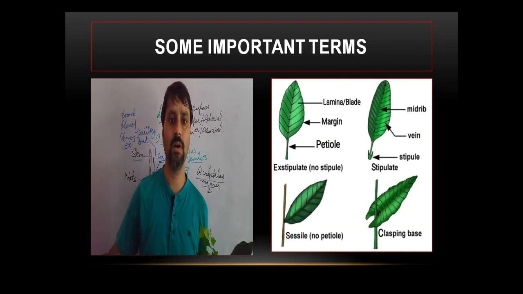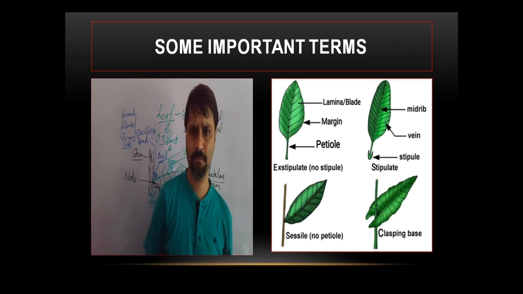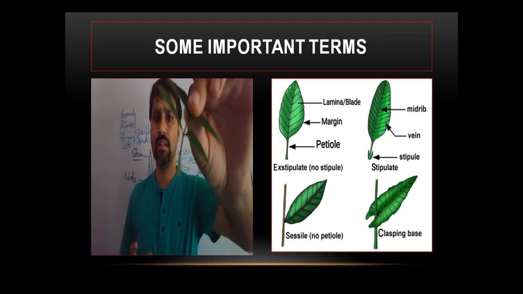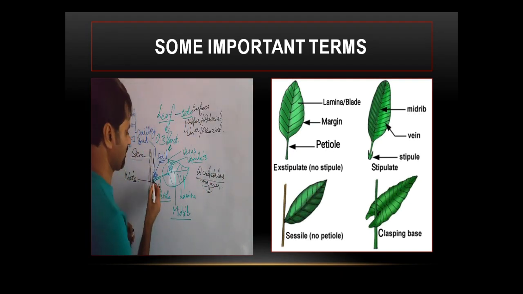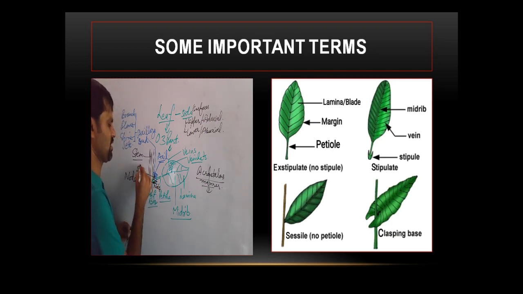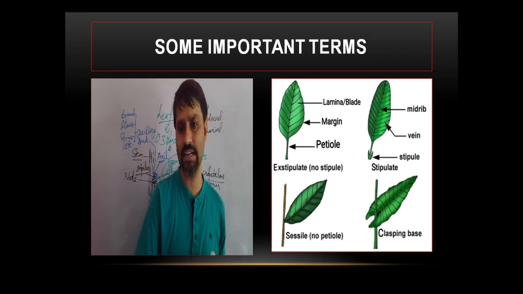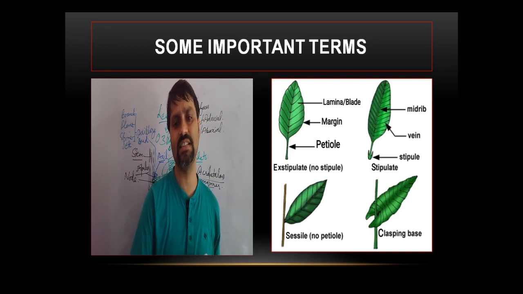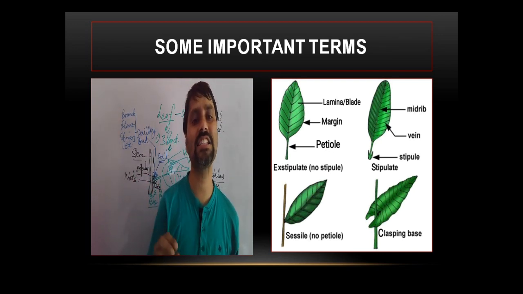Is it clear? See now, some of the more important terms. There are different types of leaves. At the base of the leaves, sometimes these project structures. If you can see here, if it is a leaf, and some smaller leaf-like structures are there, which are usually called the stipules. If stipules are present, like in the second figure, these leaves are called stipulated leaves. If the stipules are absent, then these are called exstipulated leaves.